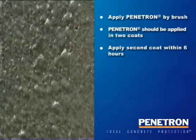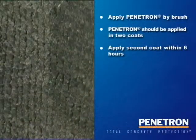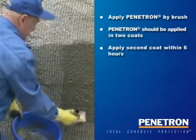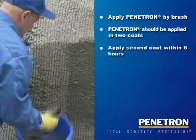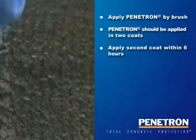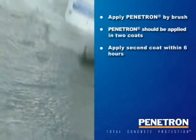Penetron is ideally applied with a synthetic fiber brush. However, for very large surfaces, spray equipment is frequently used. The Penetron coating has to be applied in 2 layers. The coverage varies with the surface and site conditions, but is usually at 0.7 to 0.8 kilograms per square meter